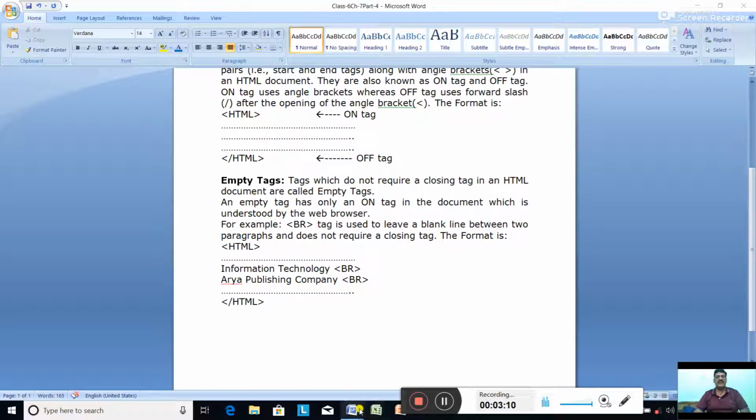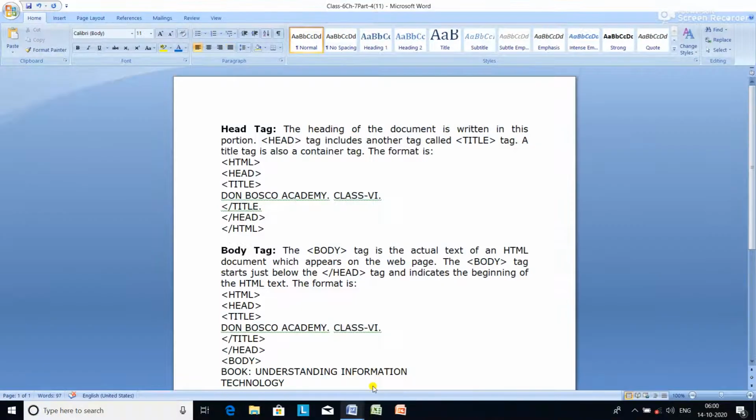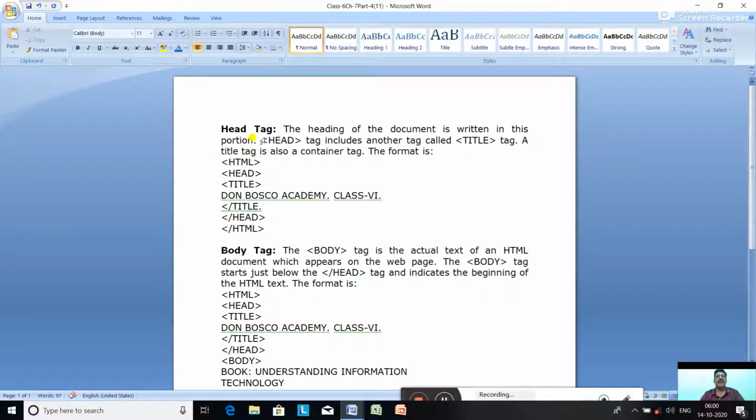Now next one is the head tag. The heading of the document is written in this portion. So after HTML we write the head. The head tag includes another tag called title. So first HTML we write, then we write the head, and head has got one more tag that is called the title of the document. A title tag is also a container tag.